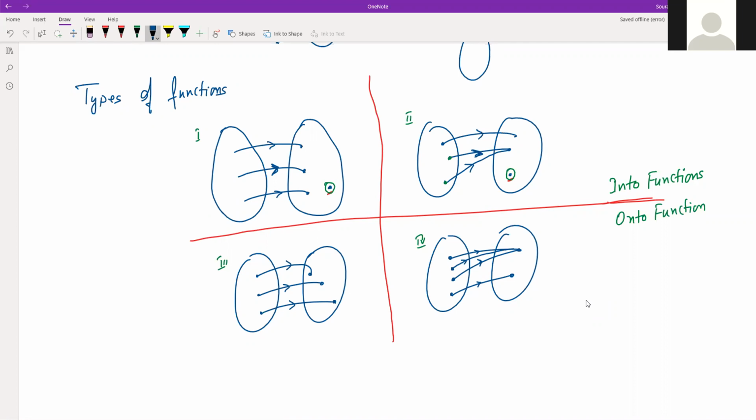So two or more may share one image, or you can say the mapping is from many in first to one in second, many in domain to one in codomain. So this category on the right hand side is called many to one. And the one on the left hand side, there is no many to one, so that is called one to one. How we read it? One to one.